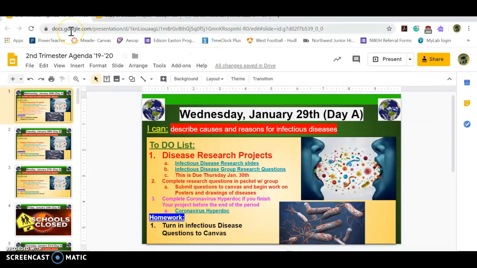All right, so I'm assuming fine-tuning and getting all your information on your posters will take you the majority of the period. You'll be getting PBS points for good behavior, and my top room will get 10 points on top of that. So make sure that you get your behavior taken care of, and I expect nothing but the best there. But after you complete your research questions,